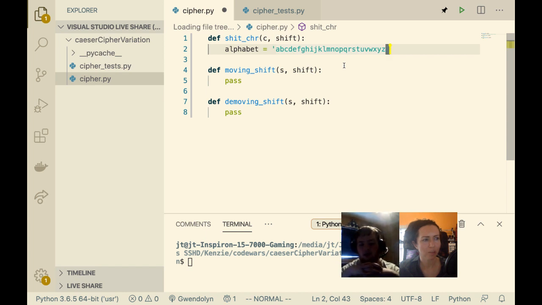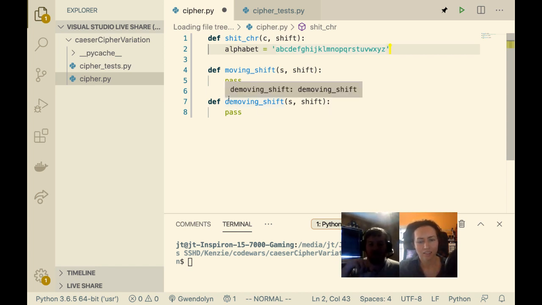We wouldn't want, like, if we... Yeah, I think so. Yeah, you're right. We wouldn't want to necessarily store it like alphabet equals alphabet.upper. Yeah. Actually, I don't know that would matter, because if it is uppercase, then we're only going to use the uppercase library. So, all right, I think I'm thinking of this too much. I tend to over engineer things in my head a lot of times.